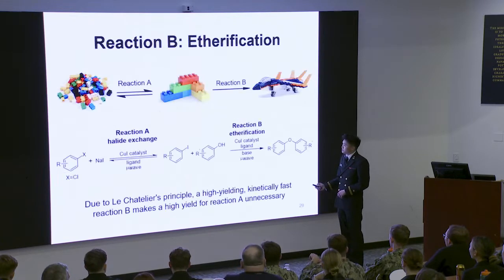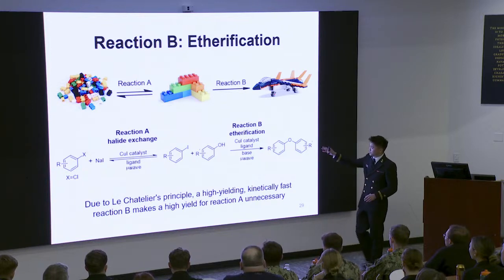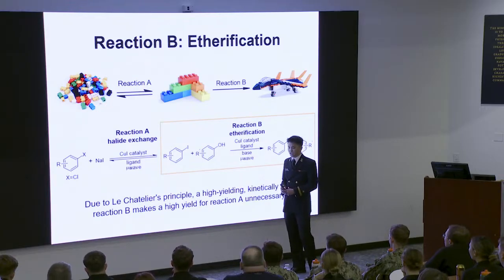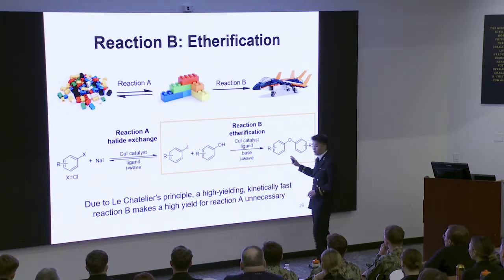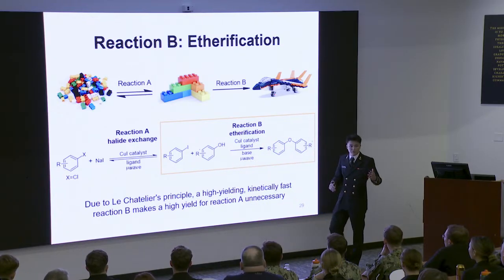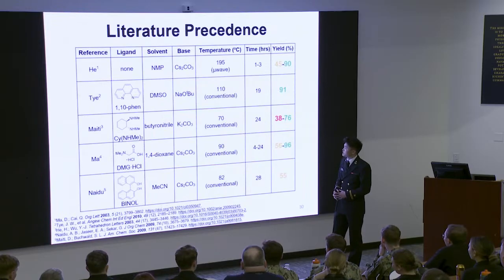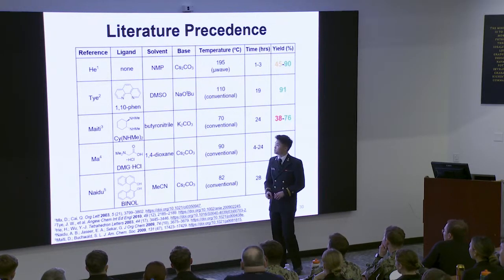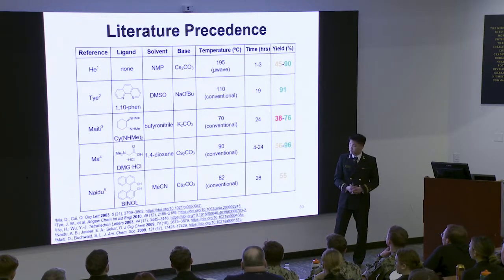And we focused on optimizing the reaction conditions for reaction B first. This is because reaction B can be a driving force for reaction A and encourage the formation of the aryl iodide intermediate and ultimately the final biaryl ether product. For the chemists in the room, this is an example of Le Chatelier's principle. Right? So focusing on optimizing the reaction conditions for reaction B first, we utilized a series of previously published reaction conditions in literature to guide our experimental design, as well as the known CTC mechanism.